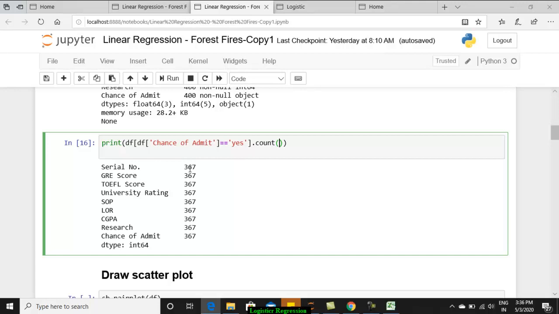Now, if you look at the balancing of the data set, yes, it is imbalanced, in the sense that there are only 400 instances, and out of them, 367 got admitted to an international university. The rest, how many are left out? Around 33. Those are the people who haven't got admission.